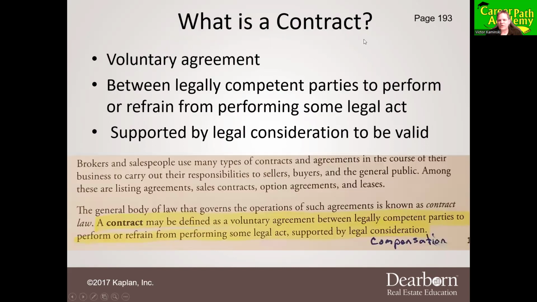So what is a contract? It's a voluntary agreement between legally competent parties to perform or refrain from performing some legal act. And it has to be supported by legal consideration to be valid. Any contract, in order to be valid, both parties need to be giving up something. And there has to be something given in exchange between the parties as something of value in order for a